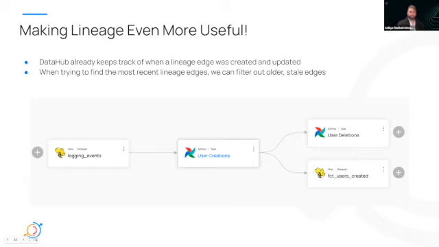So how can we make lineage even more useful? We know that DataHub already keeps track of when a lineage edge was created or updated. When trying to find the most recent lineage edges, we may want to filter out older stale lineage edges. So let's go back to that Airflow example I was just talking about. There might be an edge